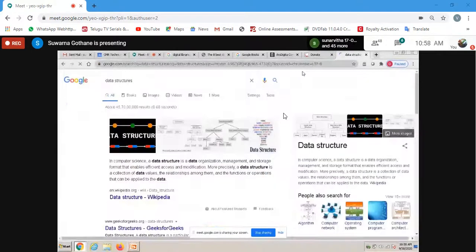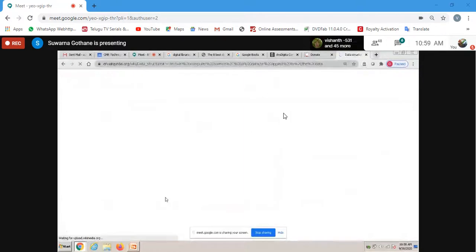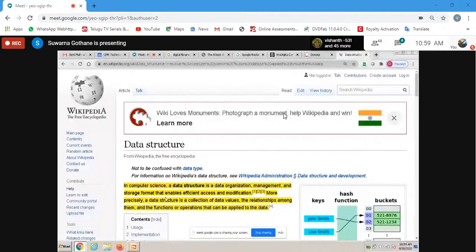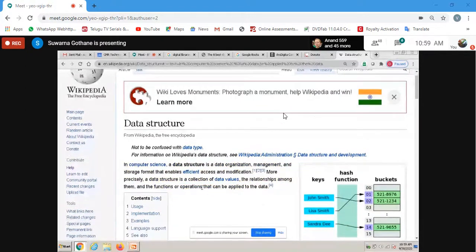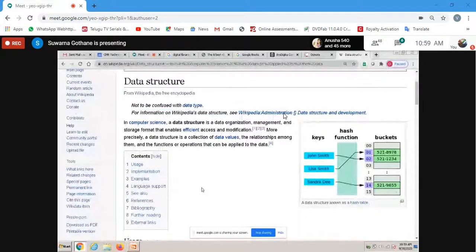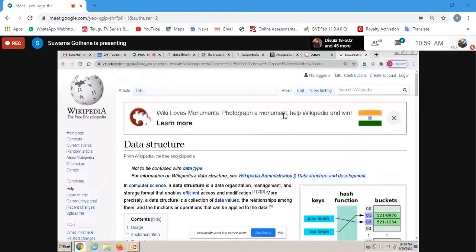Okay, so in data structure, if I open this Wikipedia, for all the terms Wikipedia is going to be there, but many times normal people will not observe the other functionalities around it. We'll just see, okay, Wikipedia data structure. Data structure means in computer science, a data organization, management, storage format, which allows for efficient access and modification. But you are not knowing that on this page any person can